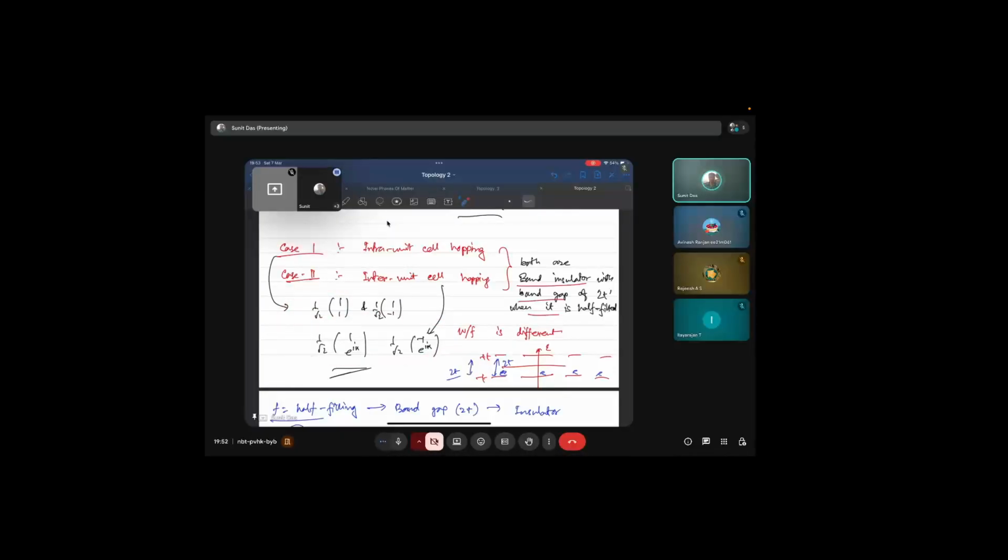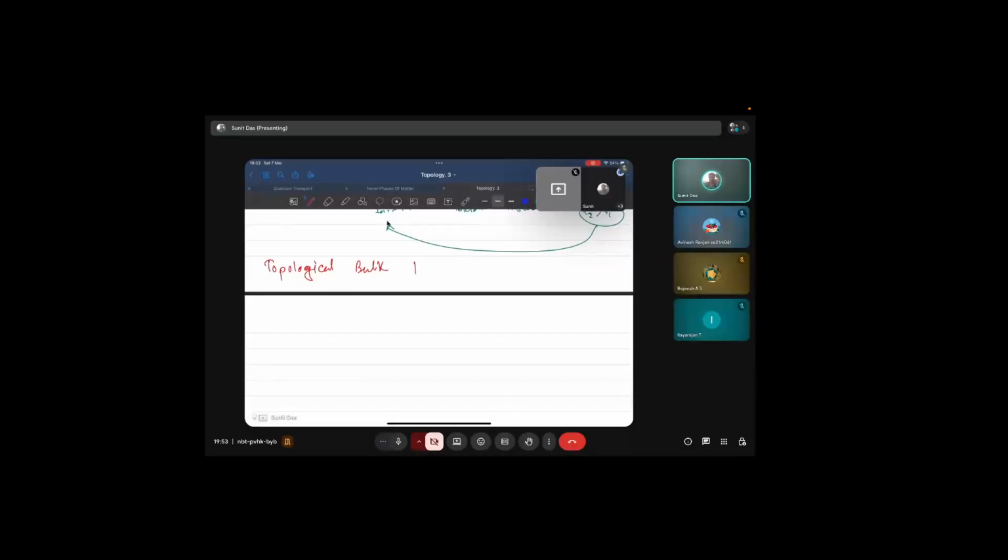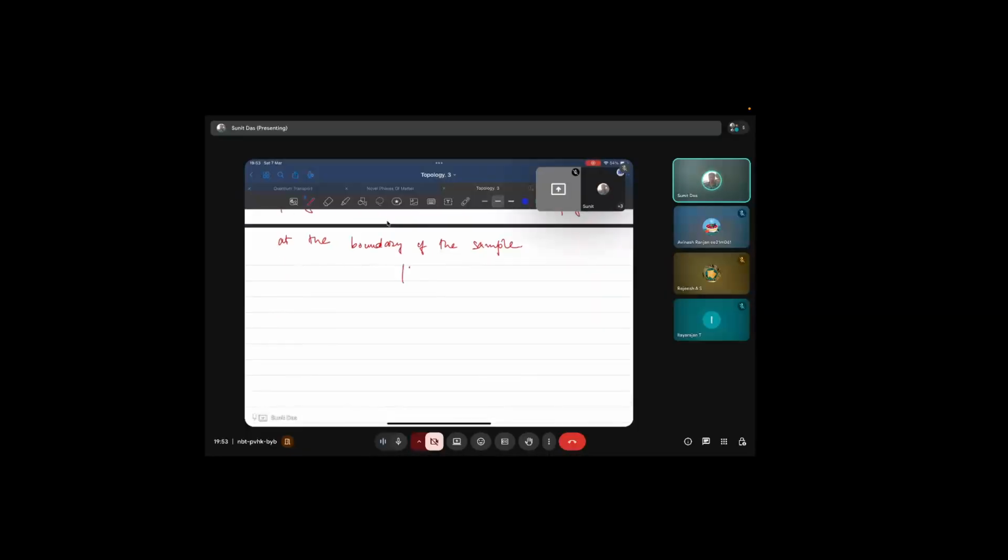These are all bulk, and we assume that the system is infinite and periodic, so we can calculate the wave function assuming the Hamiltonian is also periodic, the Bloch wave function basically. Okay, so what we're trying to say is that topological bulk leads to non-trivial physics, or edge state, at the boundary of the sample. Okay, and this is called